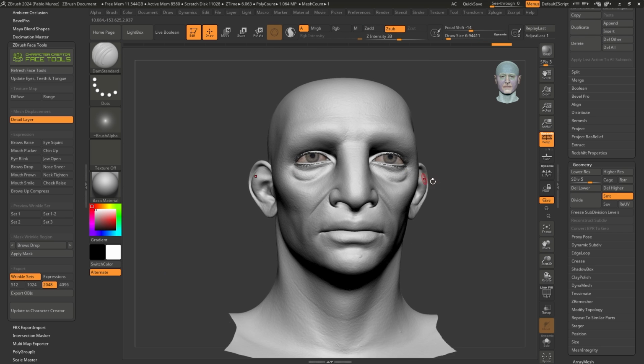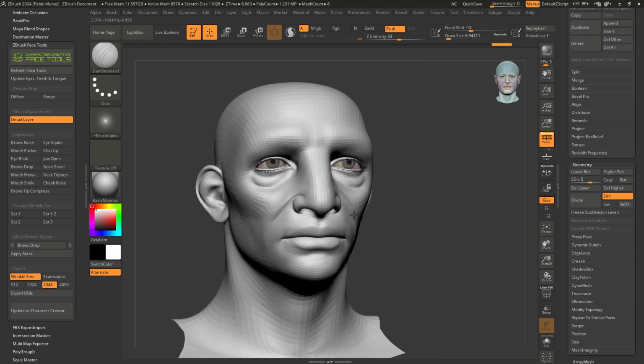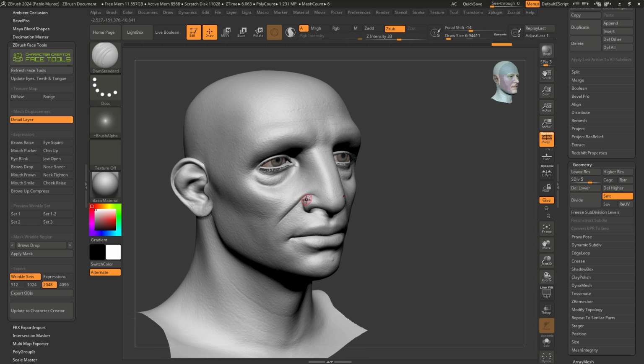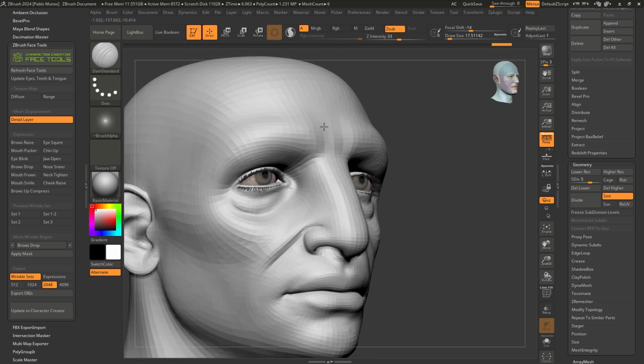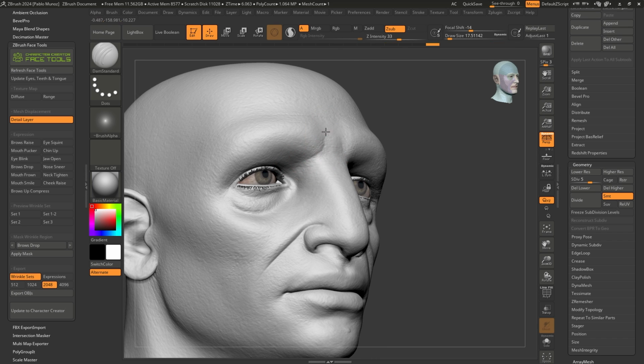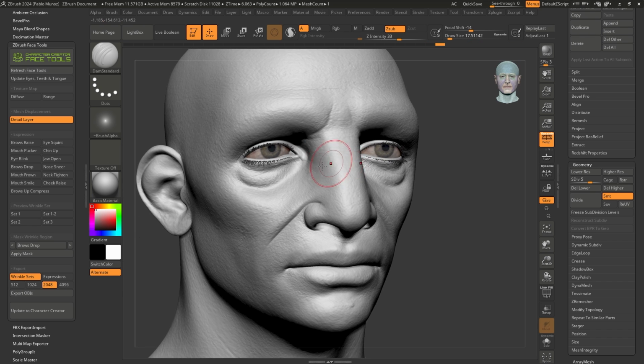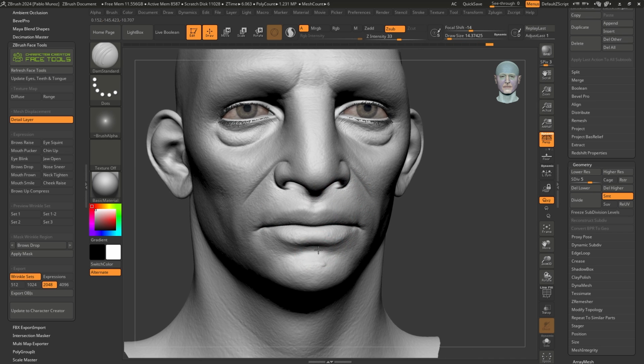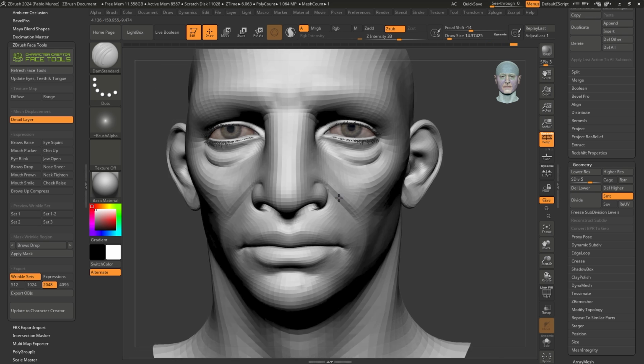So again, just think about what are the lines that in a neutral pose are the ones that you're going to create. Try not to go too crazy with this unless you're doing a character that is pretty old, that will have these types of memory folds or memory wrinkles. I'm just going to sharpen up the eyelids, the bottom of the eyelids, not too much. I wouldn't say that these are details or pores. This is just a bit of a refinement of the primary shapes.